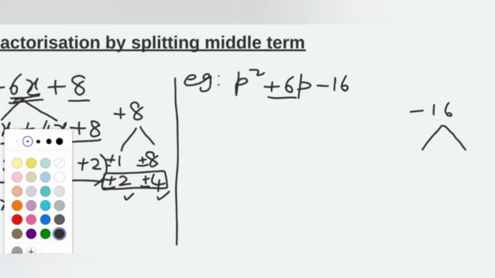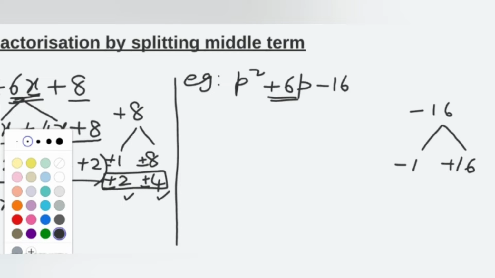Let us choose some of the factors of minus 16. Because this is minus 16, one of the factors should be positive and one should be negative, because you have to get minus 16. So let me take here 1 and 16. Here, which one should be negative and which one positive is one more thing to remember. You see here the middle term is positive, plus 6. So if you add these two, you put the sign of the bigger number on the answer. So the bigger number should be positive because the middle term is positive, and the smaller one should be negative.